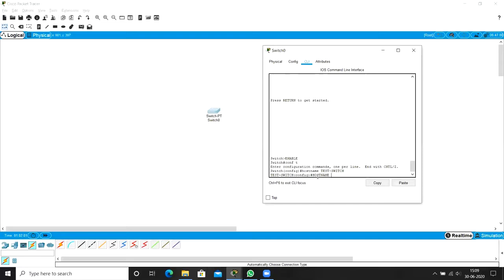So let me consider it is CSC block. Let me change this. So it has changed to CSC block. You don't need to come back, you can just change it right there itself.